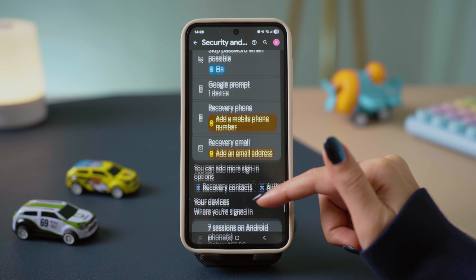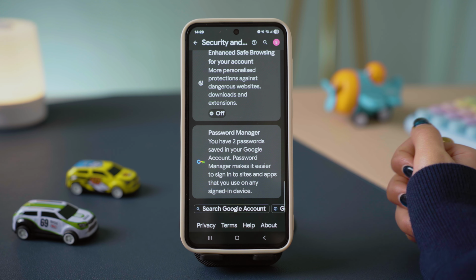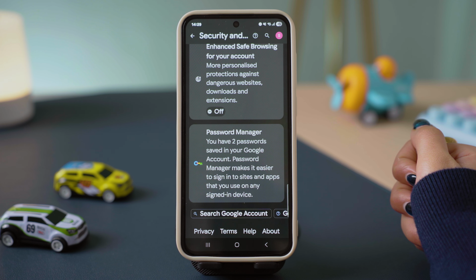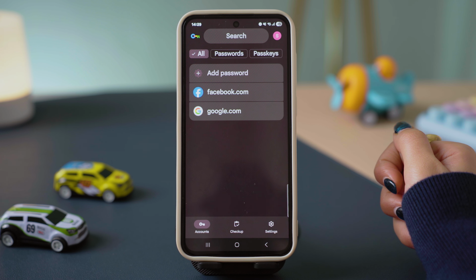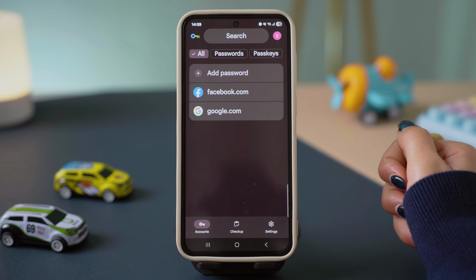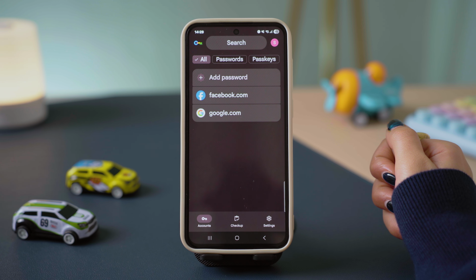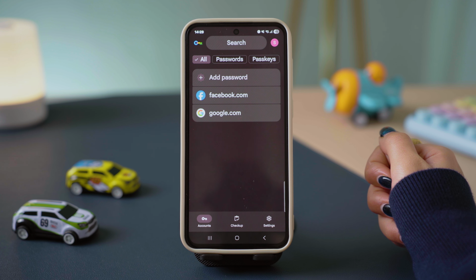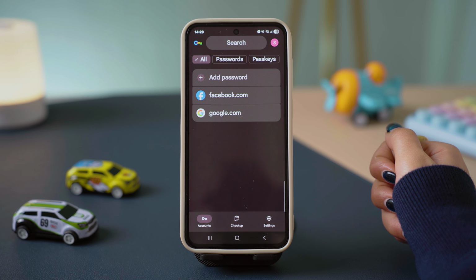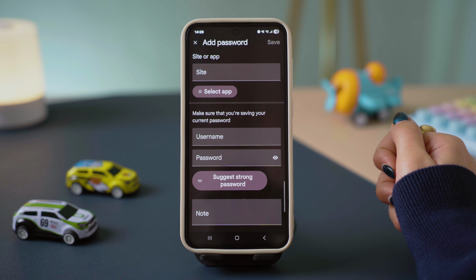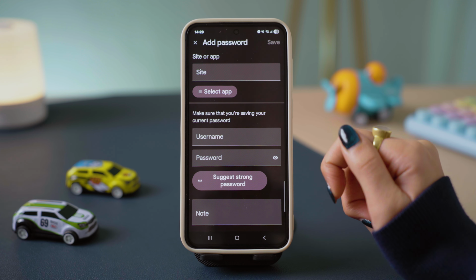Now, scroll down below. Go ahead and tap on Password Manager. Now, in case if you have saved your Instagram password on your Google account, you will be able to find it over here. Or else you can simply tap on Add Password option and then you can select Site or